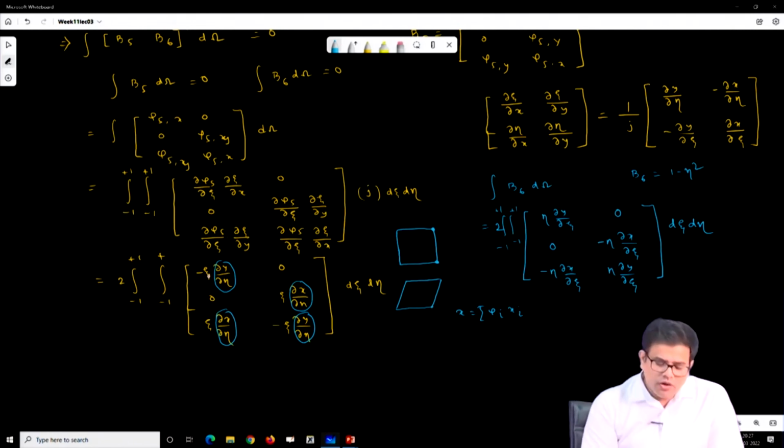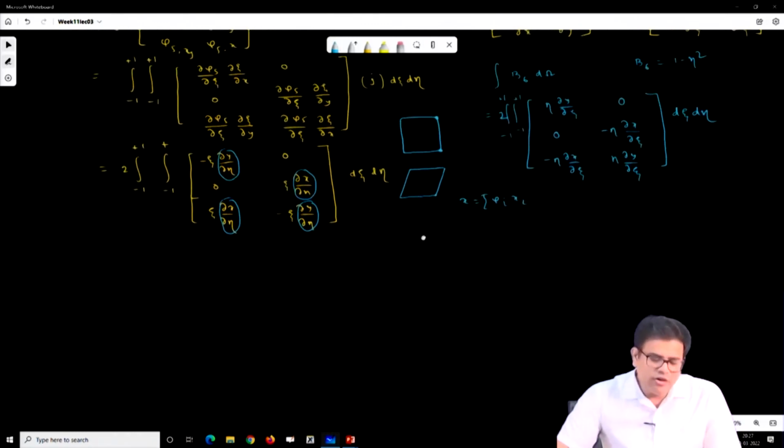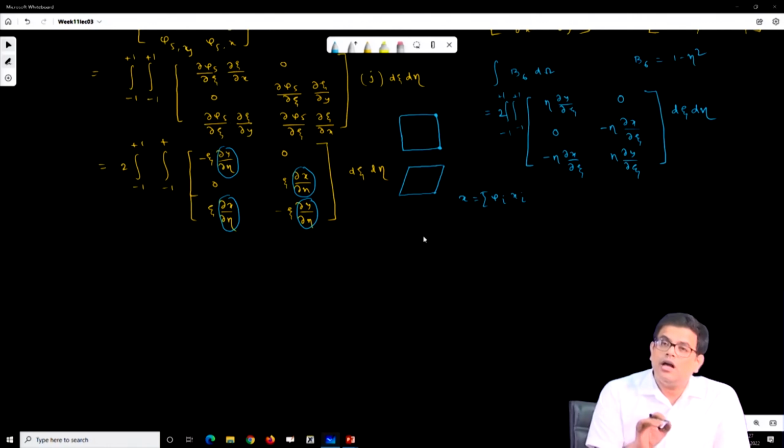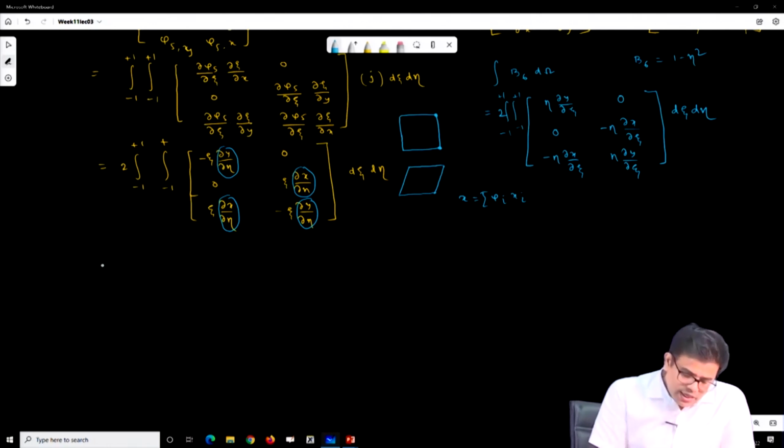And why will it go to 0? Because if I take the integration of xi, it will be xi square. So if I integrate xi square from -1 to +1, then naturally it will be 0. So what Taylor suggested, instead of doing this, what he did,